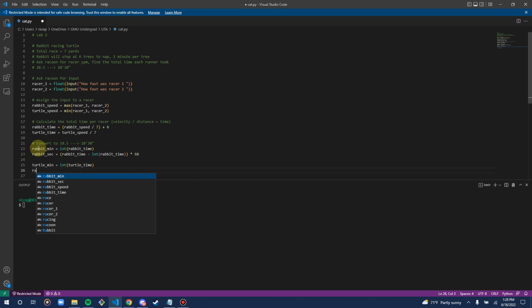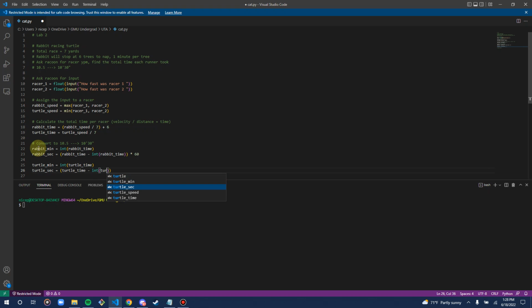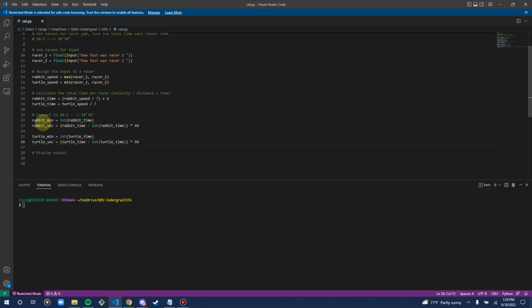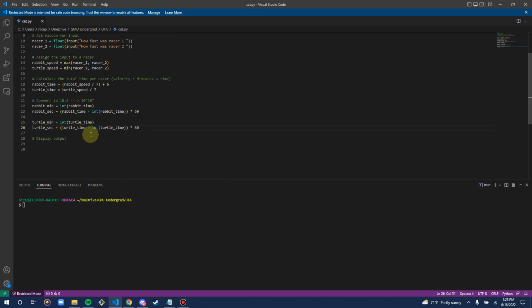And then we are going to have turtle sec equals the turtle time minus the int of turtle time. And then multiply that by 60 so we can have that actual number there. So now that we have everything there, all we need to do is display the output. So I'm going to print out here,